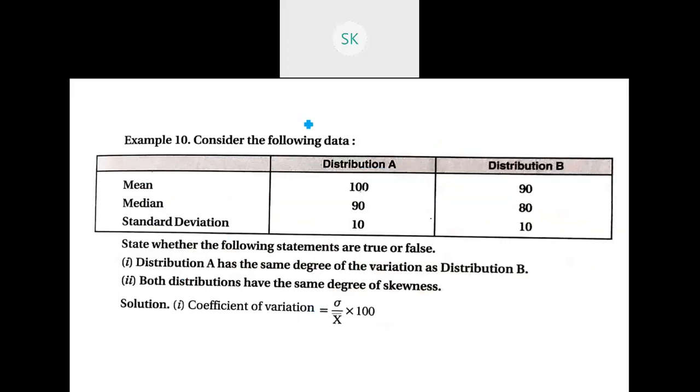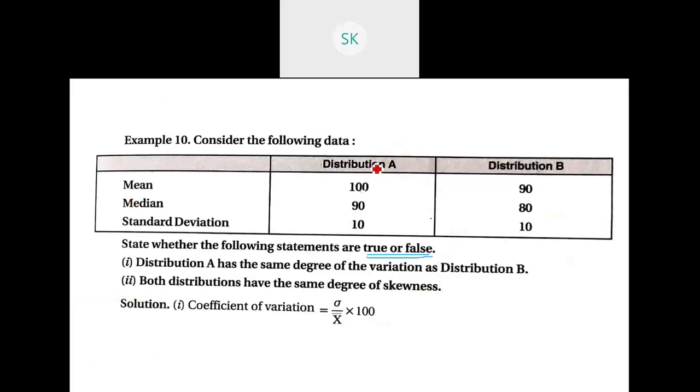So here you have the next problem. This can be asked for a 6 marks question. Very easy problem. They have given us all the data, and they are asking us to say if the following statements are true or false. Looks tricky. Such questions look tricky, but you will have to read the question thoroughly first. Let's go through the question first.